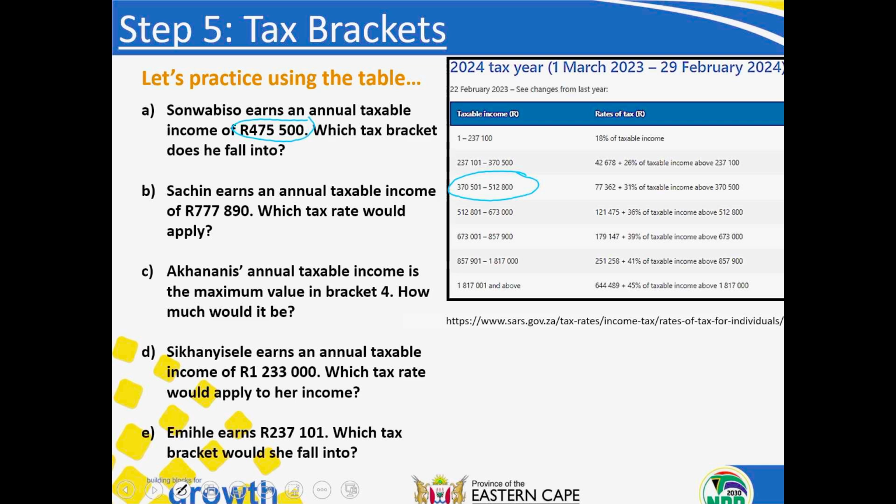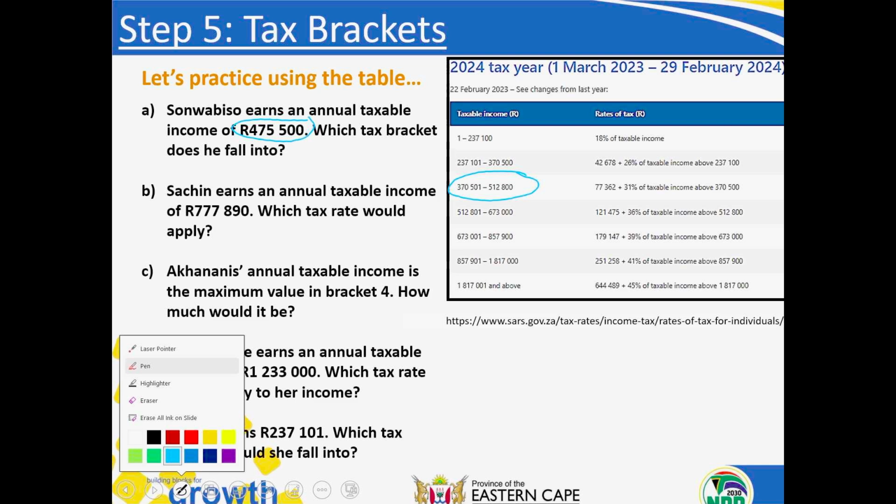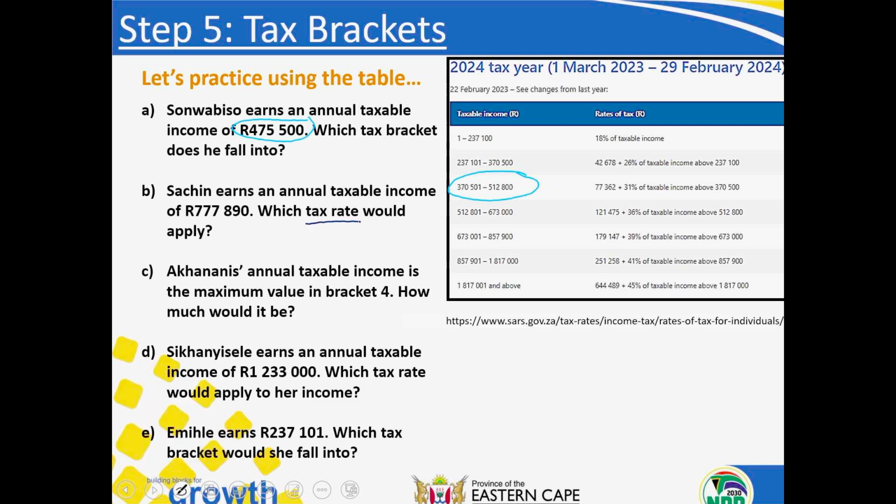However, this question says which tax rate. So, this time, you're going to look into the second column. So, Sachin's annual taxable income is 777,890 Rand. That means he would fall into the 5th tax bracket. However, the answer is